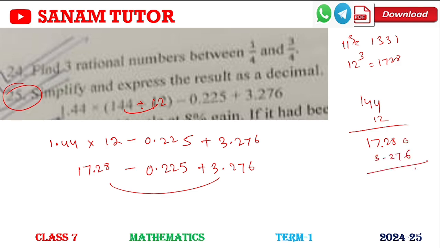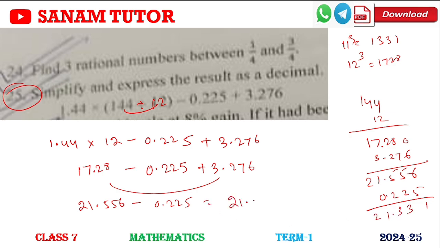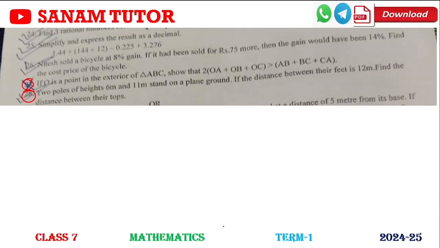3.276, this is 0, 6, 15 carry 1, 5 carry 1, 2, that is 21.556 minus 0.225, that is 21.331. That is the answer. Understand? So next question,